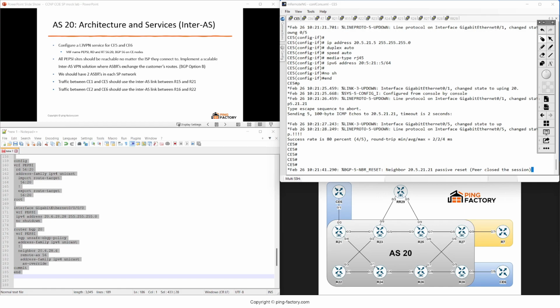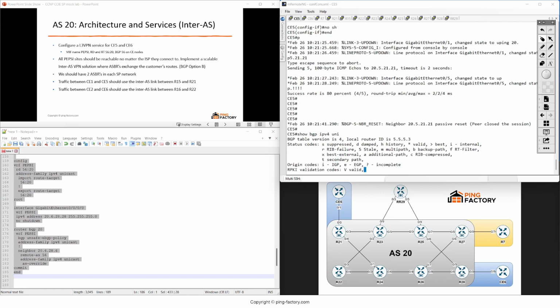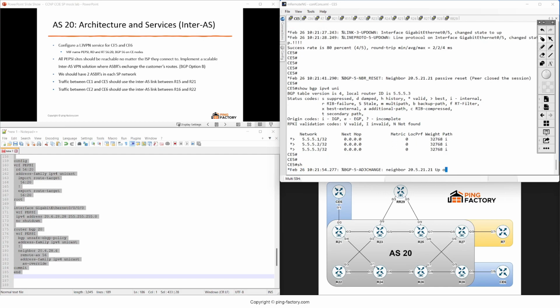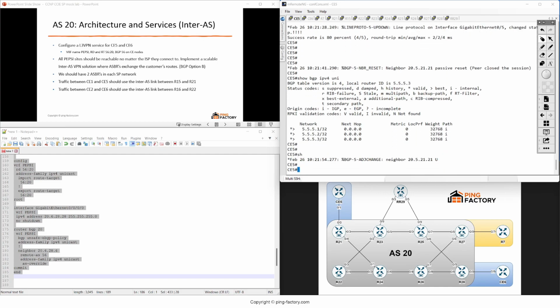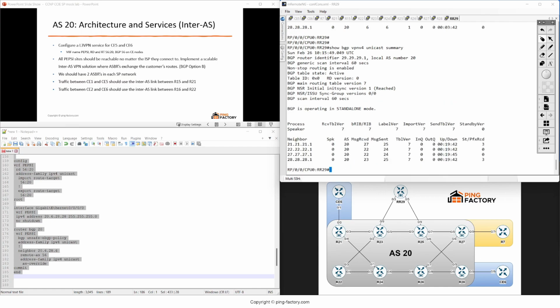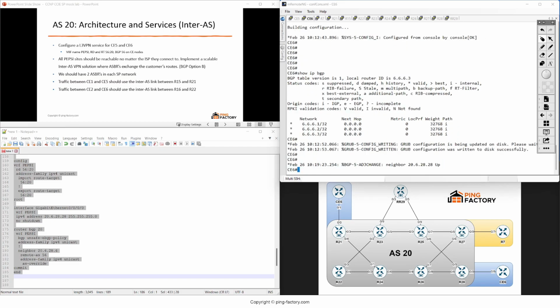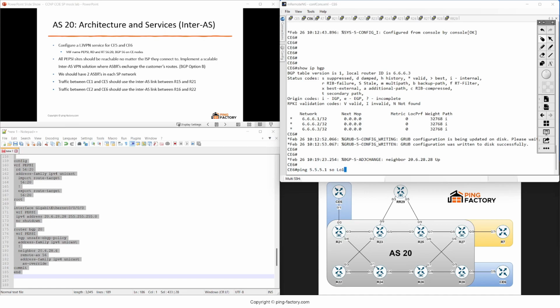So this took a lot longer than I expected, and I'll split this into videos, but let's just get BGP. Okay, this is good. Let's check on the error. Okay, okay, and we should be able to ping